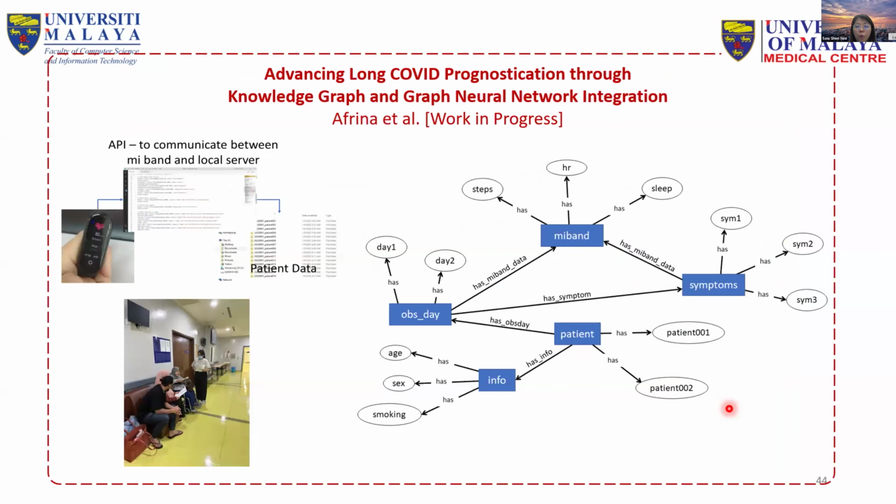This is also another work that we are working on, which is quite preliminary, where we want to predict long COVID using knowledge graph and graph neural network integrations. Graph neural networks were only proposed maybe 5 or 10 years ago, where instead of using a structured CNN model, you model the whole architecture as a graph, connect the different features with some connections, and then do predictions based on the graph neural network